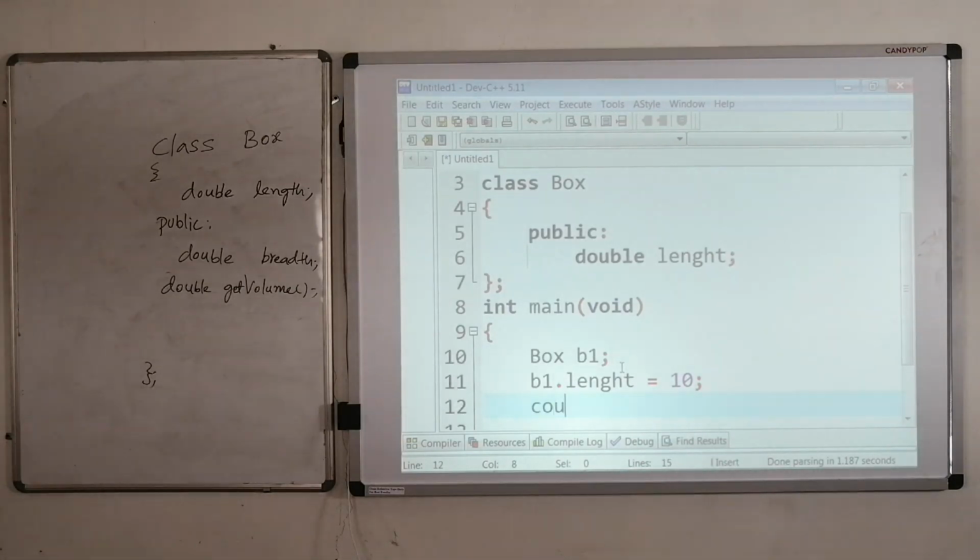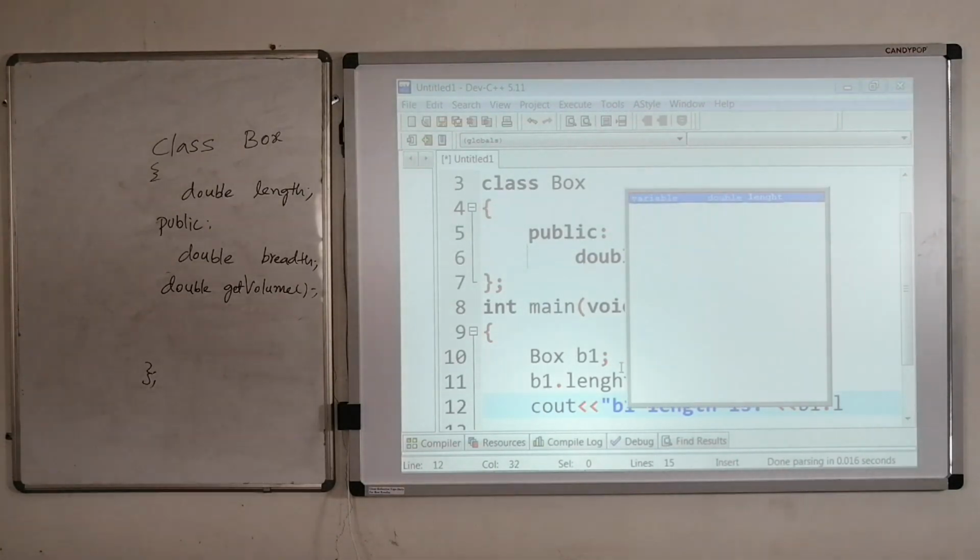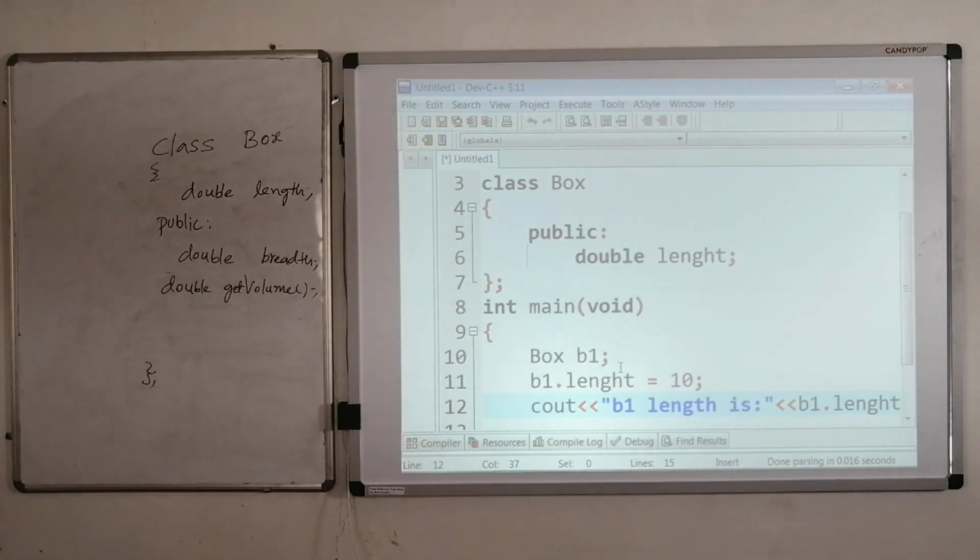Now simply cout, we will see whether the data member is getting that value or not. So B1 length is, so print that B1.length. Like this.